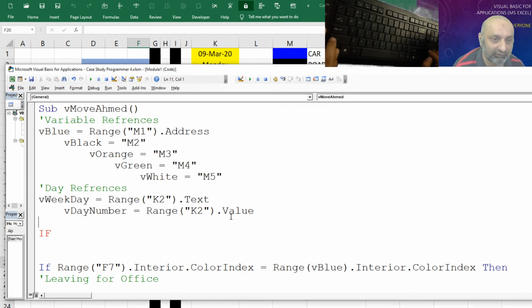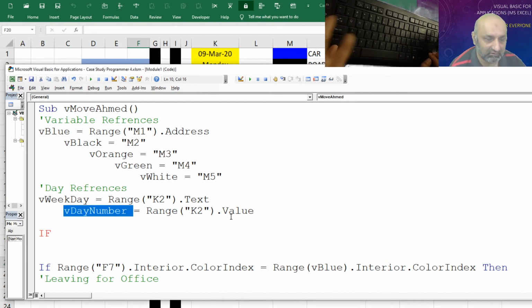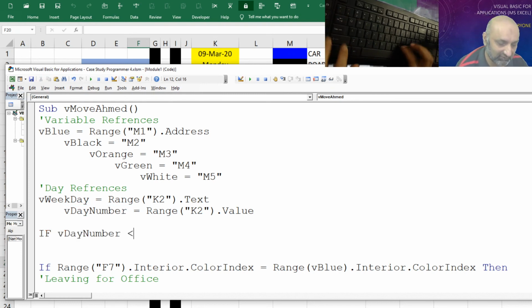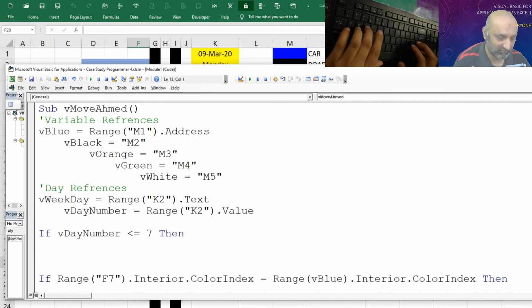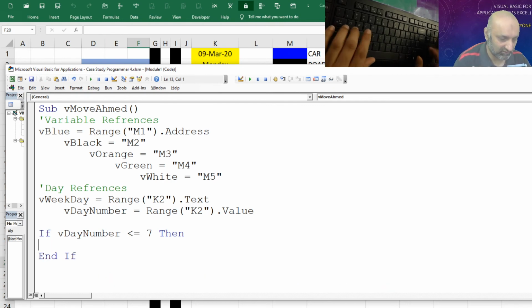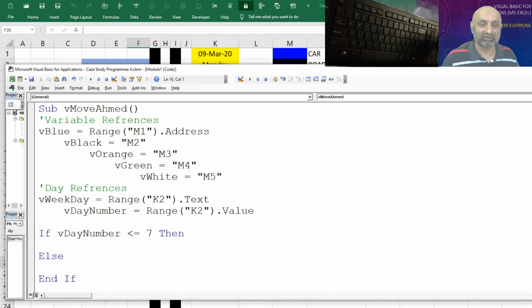Okay, if this day number is less than or equal to 7, then do this, and we can have else. So we have our if then else, and let's code it.